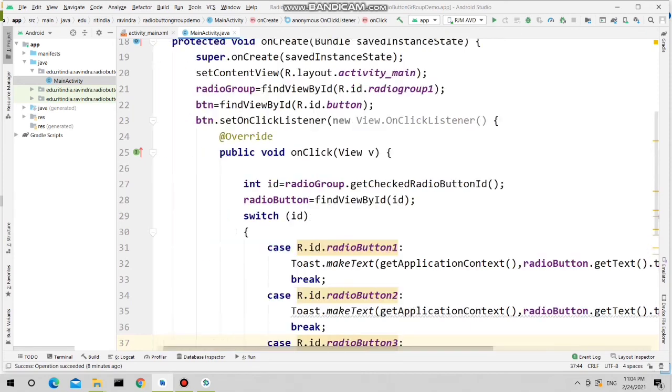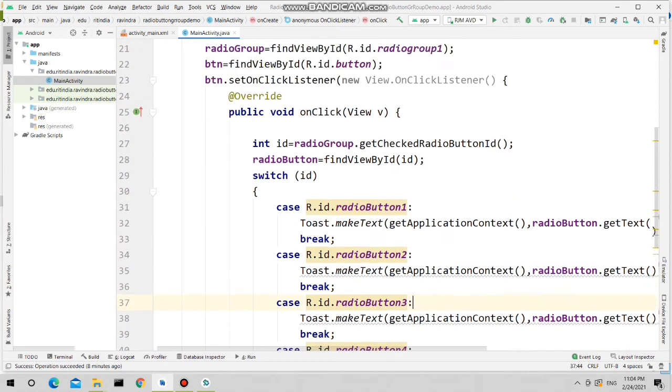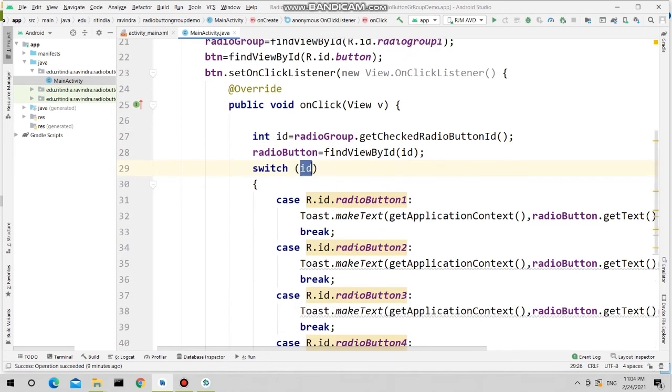So whenever at runtime the user checks a radio button from those 4 radio buttons, he can select only one radio button at a time. So this radio group will check which radio button is selected by the user and its ID will be taken and assigned to the ID variable, and based on this integer ID, the radio button will be initialized, and then with the help of switch case we are just comparing that ID with the IDs of all radio buttons.